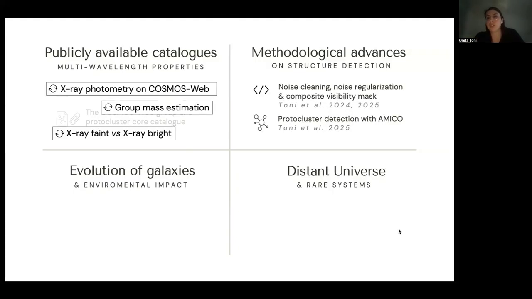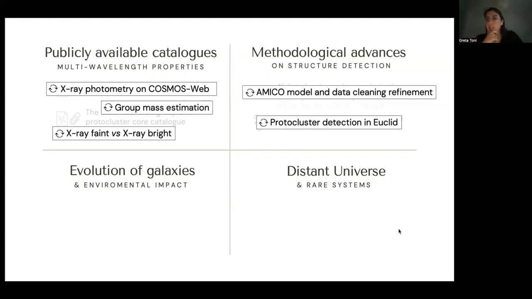And then we contributed, of course, a bit to the advance of methodologies for the detection of structures. With the routine for the noise cleaning and regularization, the one for creating a composite visibility mask to adapt and enhance the algorithm to this challenging application. And of course, we applied for the first time the AMICO algorithm to protocluster detections in real data, which will be very useful in Euclid. Actually, the application to the first data was already leveraging a bit of the data cleaning and exercises that we did in this work for the AMICO model and